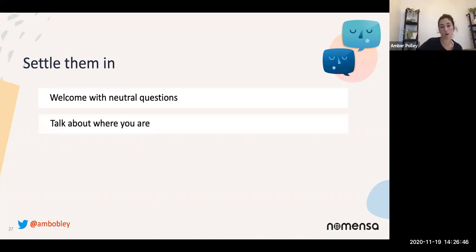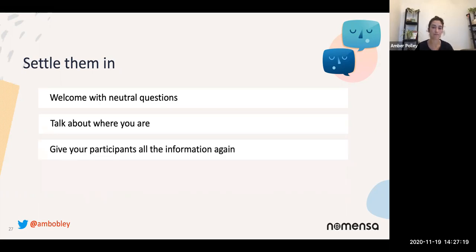Talk a bit about where you are. So if you're going into their environment, ask them questions. Is it okay to sit down here? Where can I set up? Ask them a bit about the environment they're in, make them feel as comfortable as possible and respect their environment because you're the one going in there. And if they're coming into your space, then maybe it's appropriate to give them a quick tour of the office if people aren't around, to really show them that this is the office space, this is where you are, it's a new environment for you, everything's okay, here's the exit, here's the toilets, here's the room we're going to be researching in today. Just give them as much information as possible to really relax them.